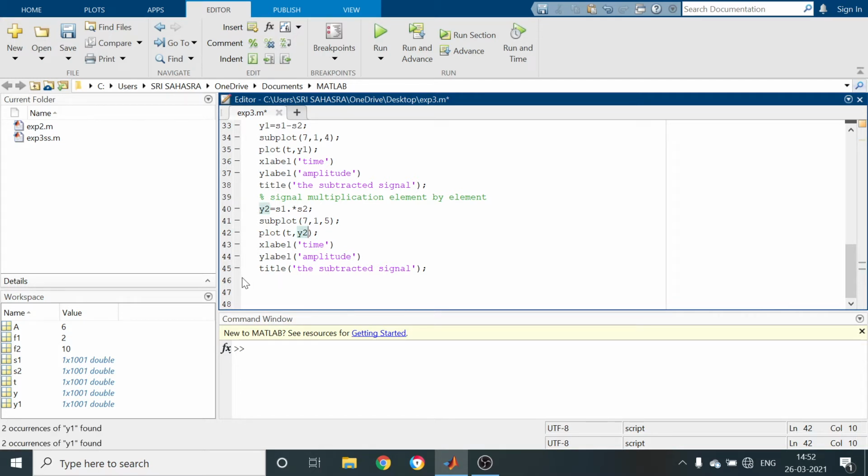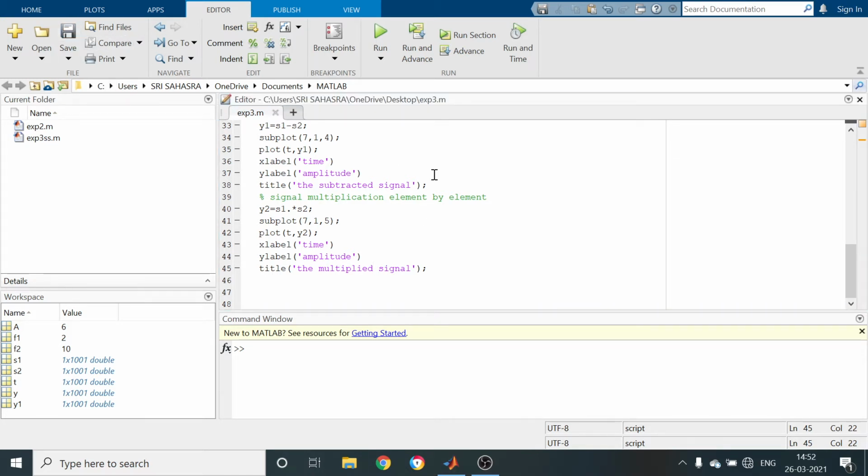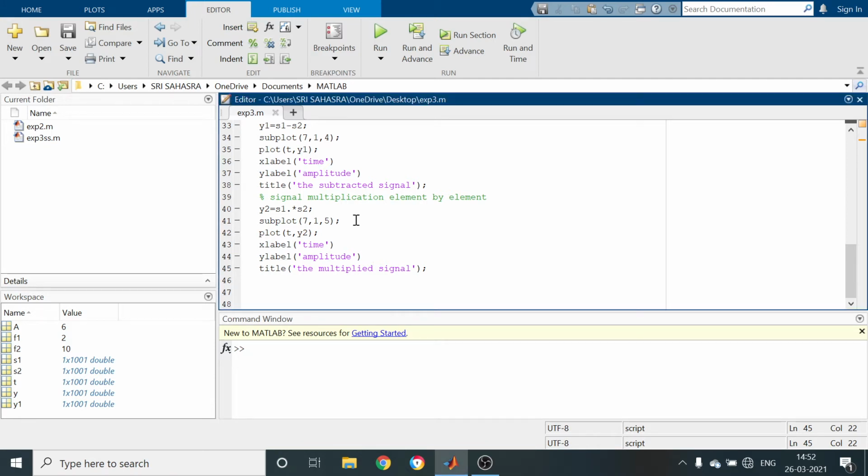X label time, Y label amplitude, whereas the title is the multiplied signal. So again save and run the program.